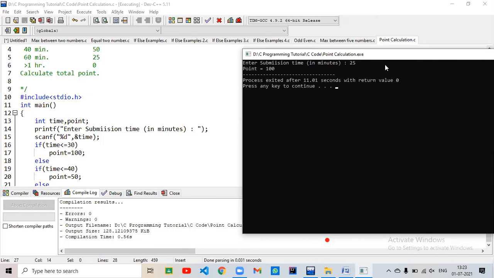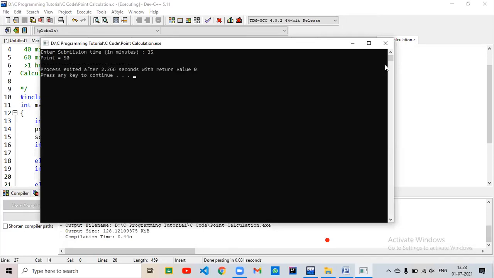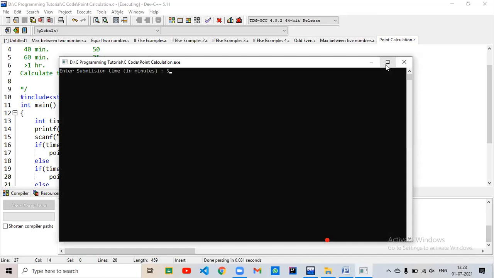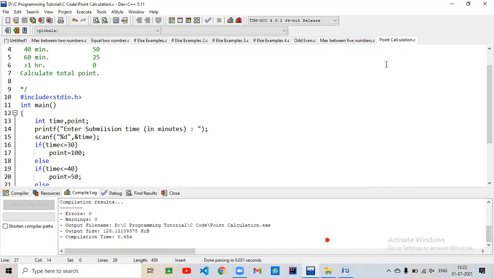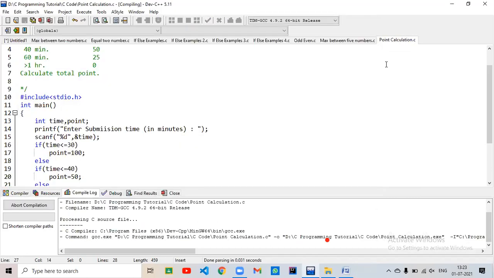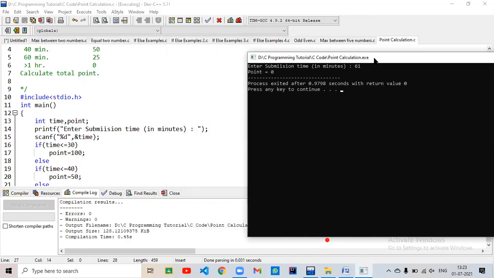If I put 35, then 50. If I put 50, then my point will be 25. If I put 60, then my point will be 25. If I put 61, then my point will be 0. Okay. So did you get it?